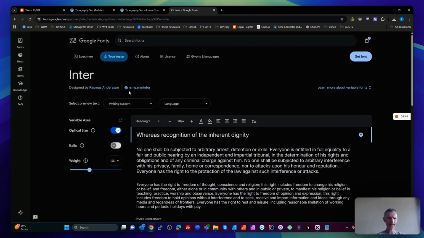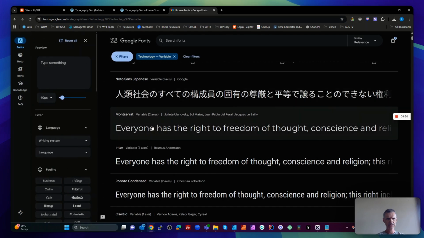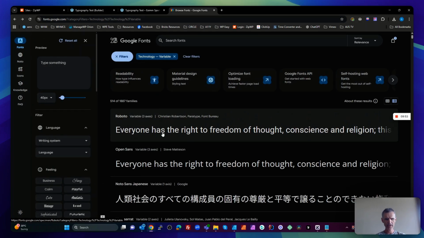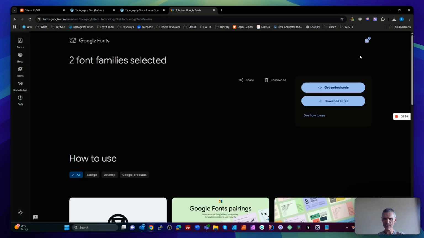Okay, so let's pick one. I think we said we're going to go with Roboto. Let's go back here to Roboto. And then we can look at where we get this from. So if I hit the get font,